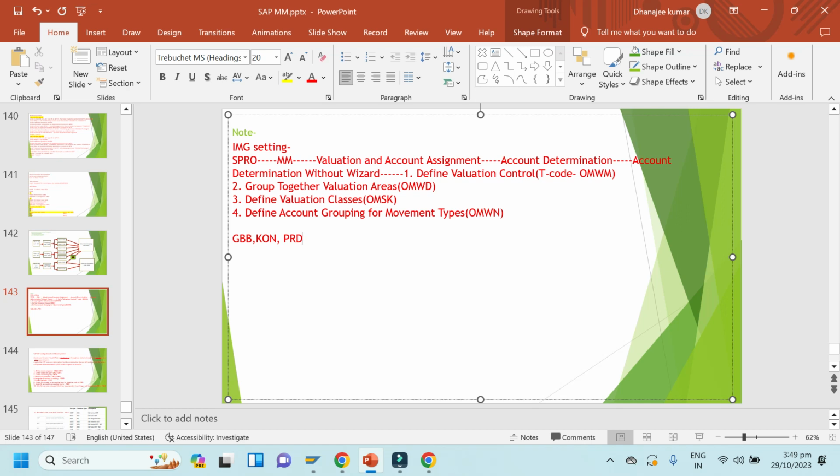So these are the transaction keys for which account modifiers will be triggered. I will show you.